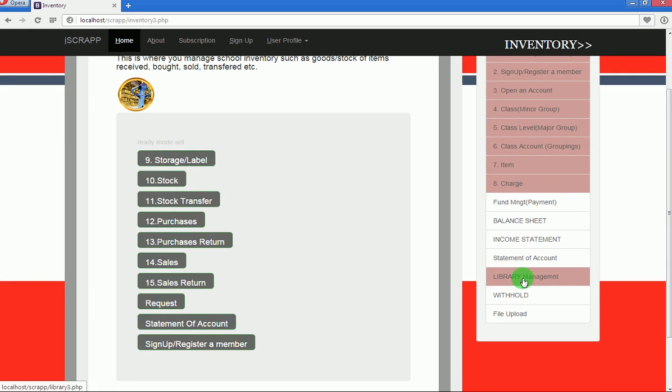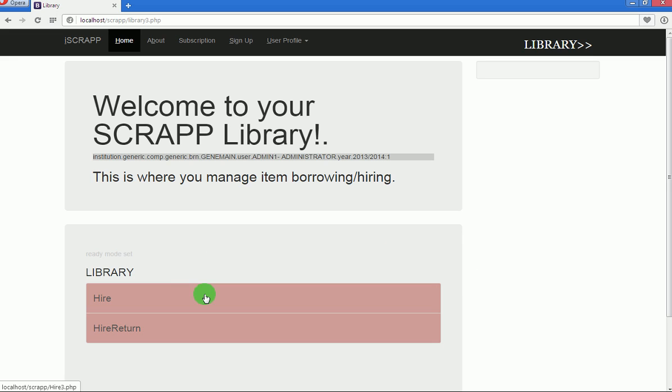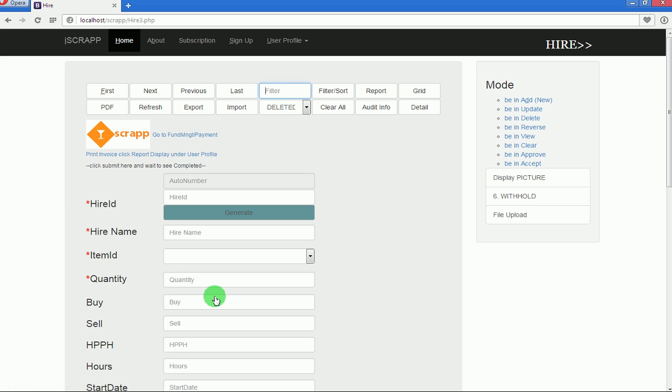And then we have what we call library management, where, if you want to hide your items instead of selling them, this is where you capture it, right,